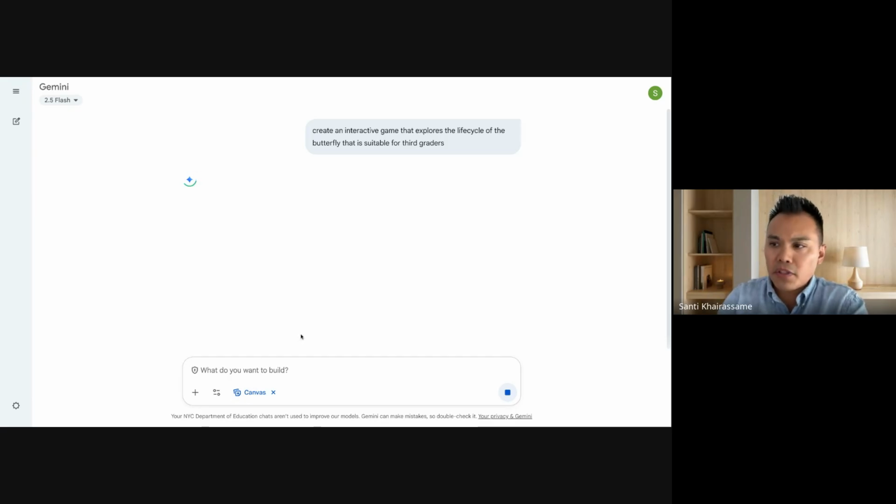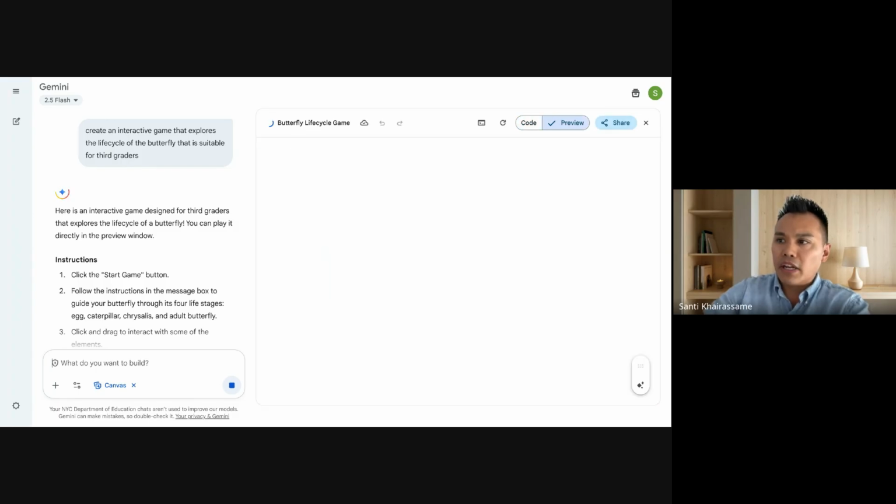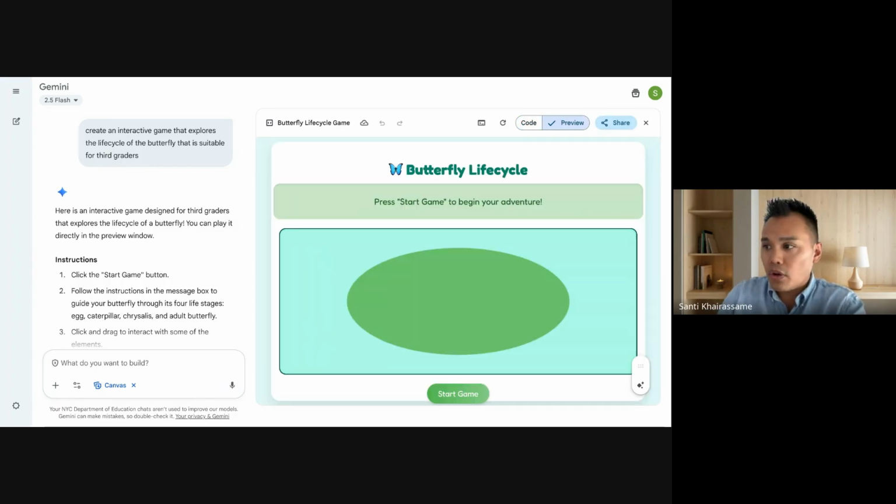So I selected Canvas, and what Canvas does is it breaks it into two windows. Again, it's going to do its coding thing. It has the option on the left-hand side. This is a good sign. I see the code and the preview. So perhaps in the process that I was doing, I had it create multiple lesson plans, update the language, and then include images and then the game. So maybe it got mixed up in that. But I just want to give this one. Okay, now it worked. So this is what it suggested with that very quick prompt.